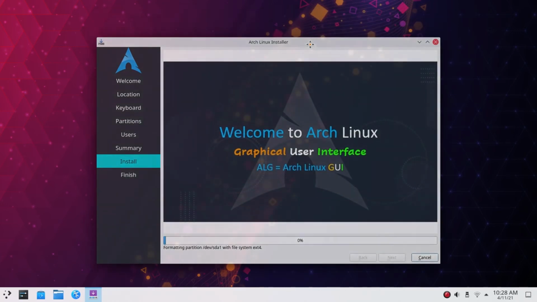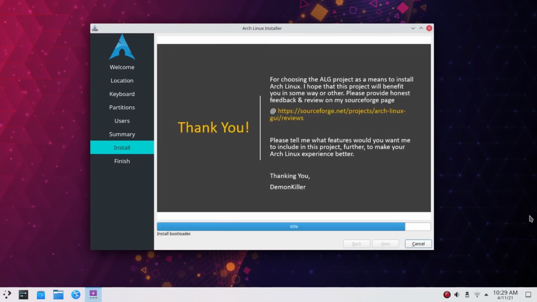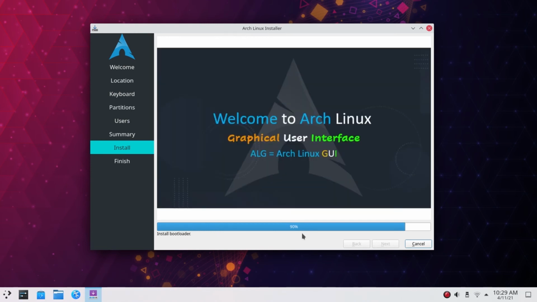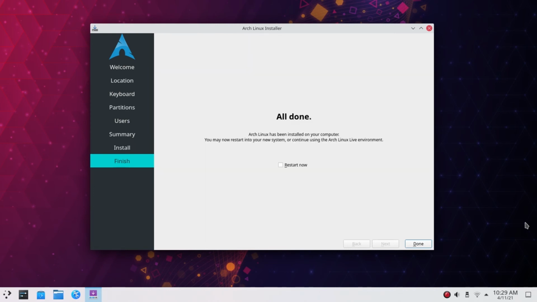This process is going to be very fast. Alright, this is the important thing: it's reinstalling the bootloader for you, and then it will be done. As you can see, this process was very fast compared to a normal installation, and you don't have to worry about your themes and settings and the applications you installed, because we didn't touch the root or the home partition at all. All you have to do is click on restart now.